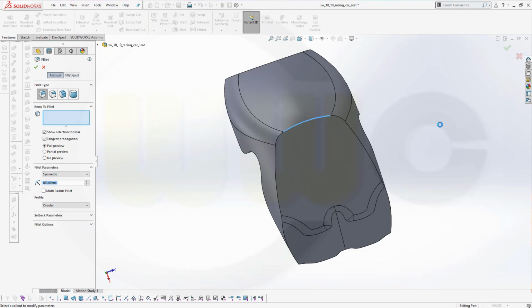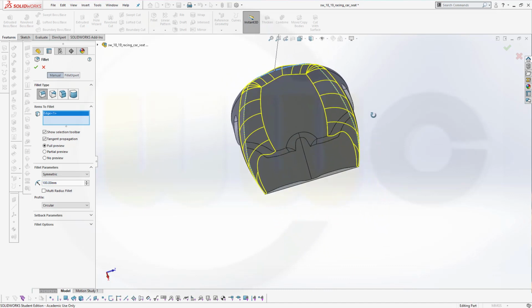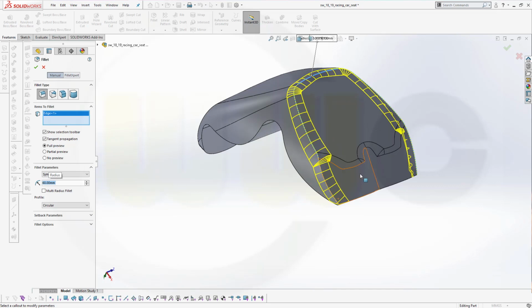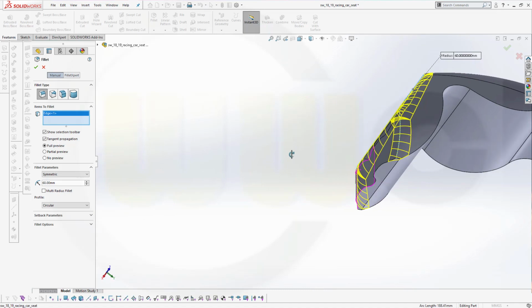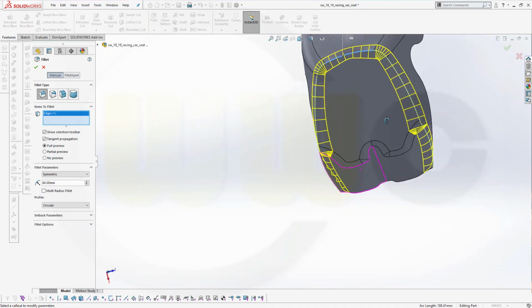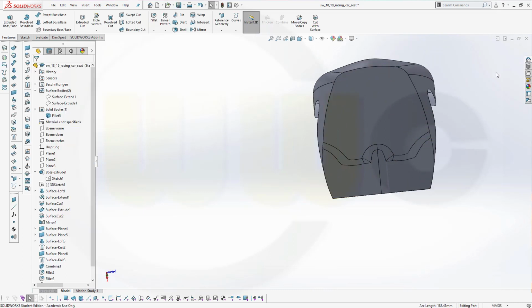Takes a while. Not quite. So let's try 60. This looks a little bit better. Yeah, but this doesn't look so good, so I might change